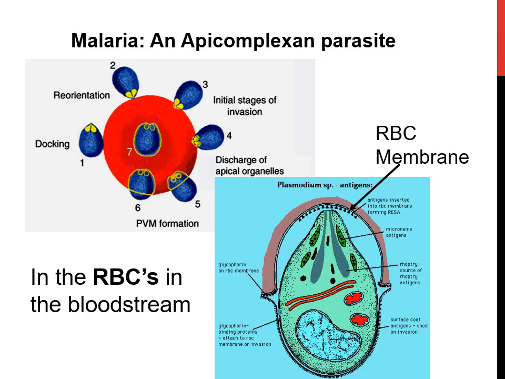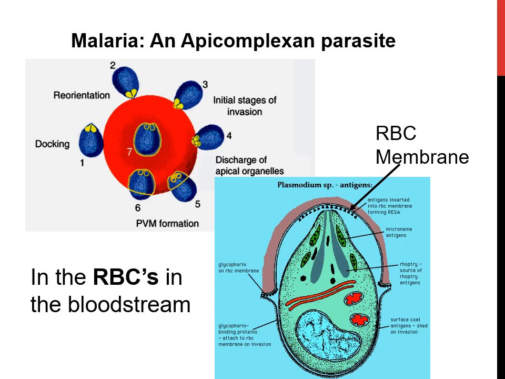Now this is for malaria. Again, I say that the apicomplexan parasite of malaria, Plasmodium species, lives in the red blood cell. Now, if you remember, the red blood cell is a cell that has extruded its nucleus. It's quite an inert cell, actually. And the main function of the RBC, you may guess, is the transferring of oxygen, carrying oxygen from the lungs to the tissues, and then carrying back carbon dioxide to the lungs to be exhaled.